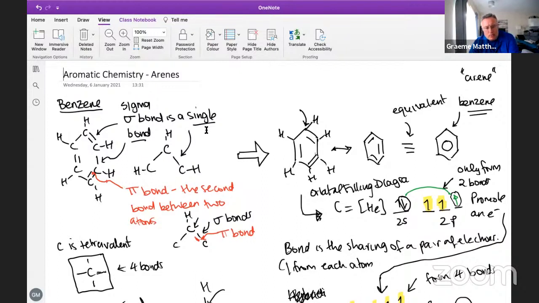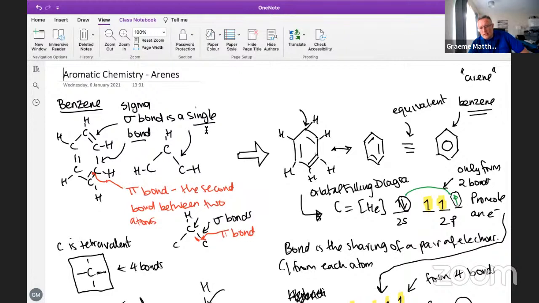We'll talk about sigma bonds, pi bonds, delocalized electrons, unhybridized p orbitals. We'll do a past paper question on this one, which they just like to ask, where they basically try to figure out whether you know the differences between a double bond and a pi bond. So we'll talk about benzene and its stability, and then towards the end,